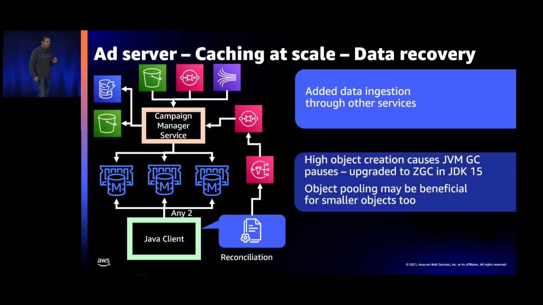A fun learning throughout this journey was that at this throughput, the number of objects being created itself caused a lot of Java garbage. And the JVM pauses themselves were slowing our systems down. But again, here, at least the world came back to help me. JDK 15 launched ZGC, and we got 98% improvement in our GC pauses. That, again, calmed my life down a little bit.